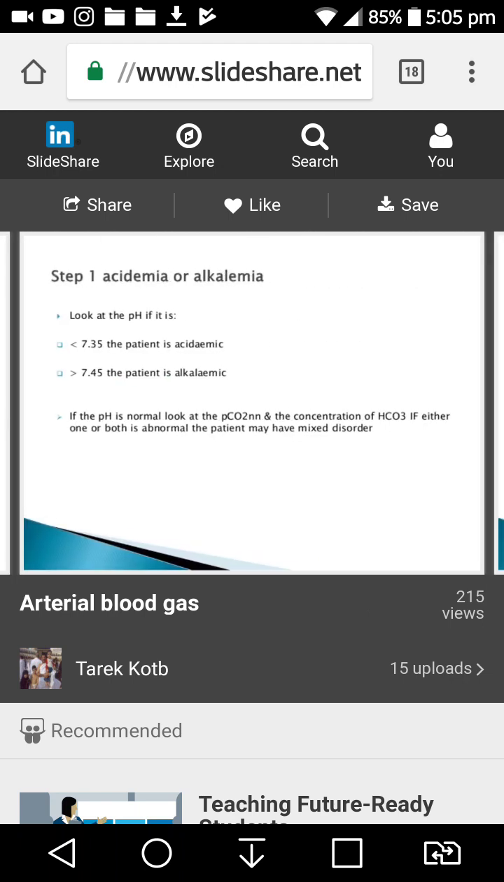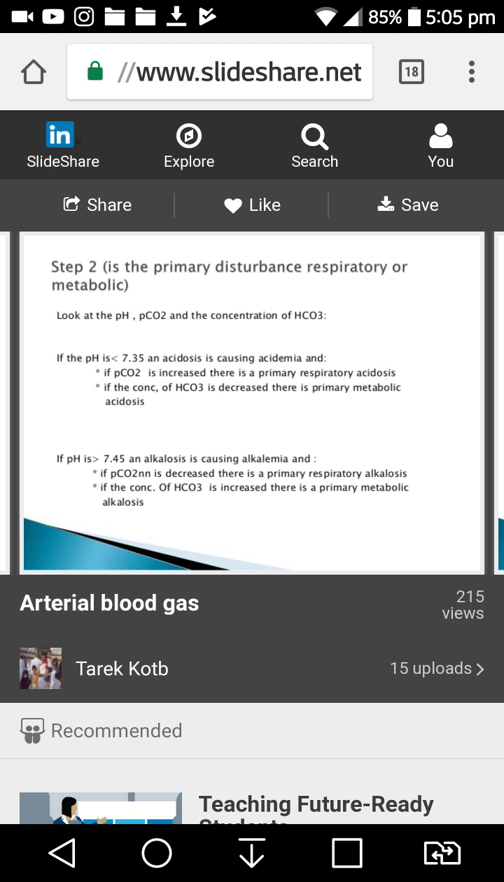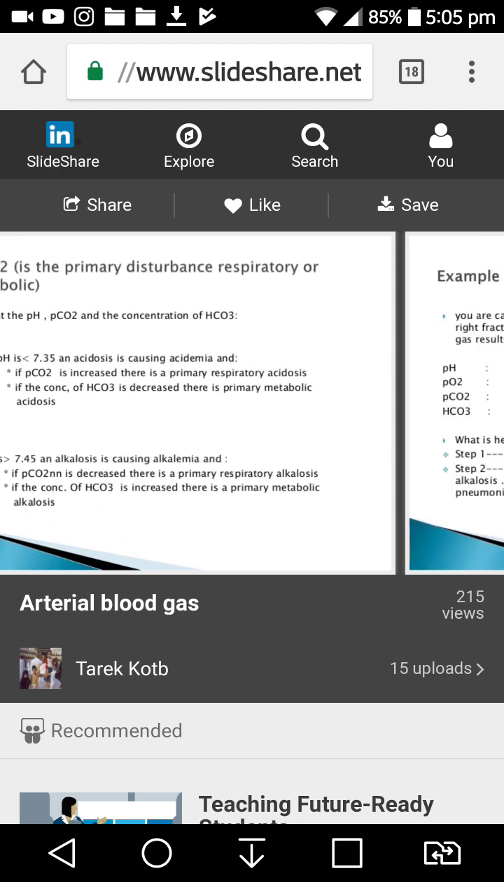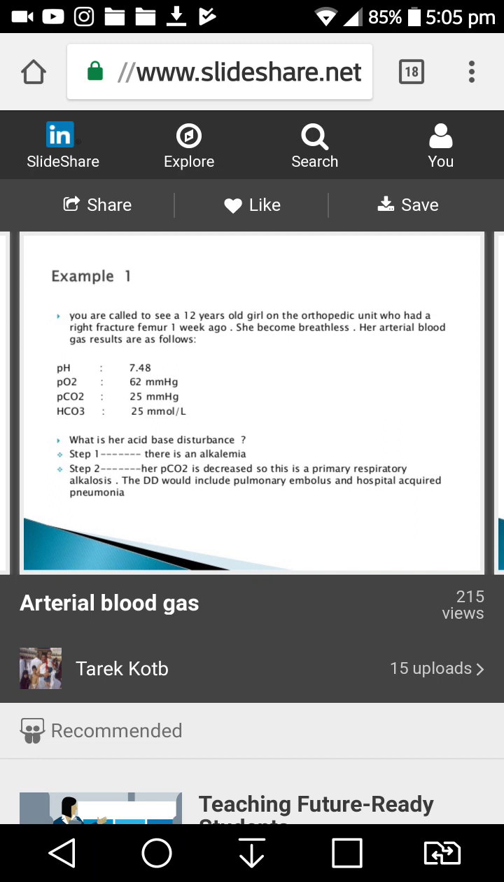Step 1, we said is it acidemia or alkalemia, and all of you know that. Step 2, is the primary disturbance respiratory or metabolic? Also, I will go fast for that. One example here: the pH is 7.48, PO2 is 62, PCO2 is 25, and bicarb is 25. Here, you will look to the pH, you'll find that the primary there is alkalemia because this is